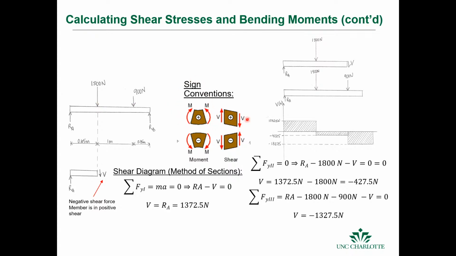The sign conventions are here, and I said if you make the beam smile, or it can hold water up here, it's positive. Opposite is negative. And then this is a sign convention for positive shear or negative shear. Shear is always associated with a shear on a face. So if it's trying to rotate the element clockwise, it's positive. If it's trying to rotate the element counterclockwise, it's negative.